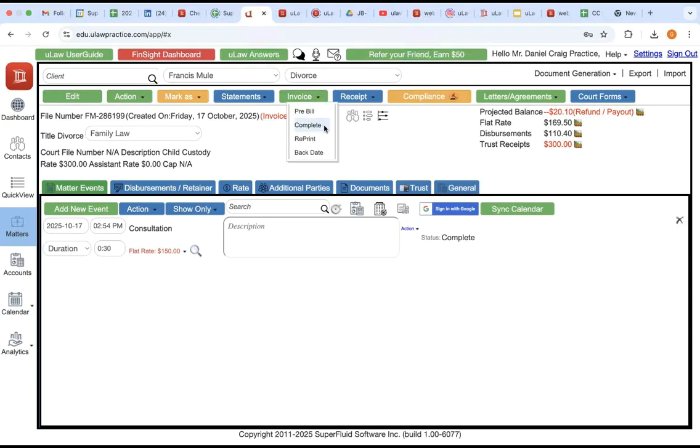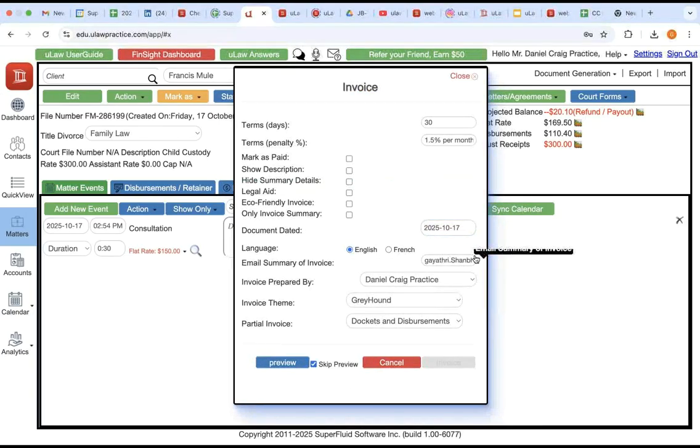Okay. So now finalize, complete, just getting the preview. Download, so it'll allow you to send it to your client.